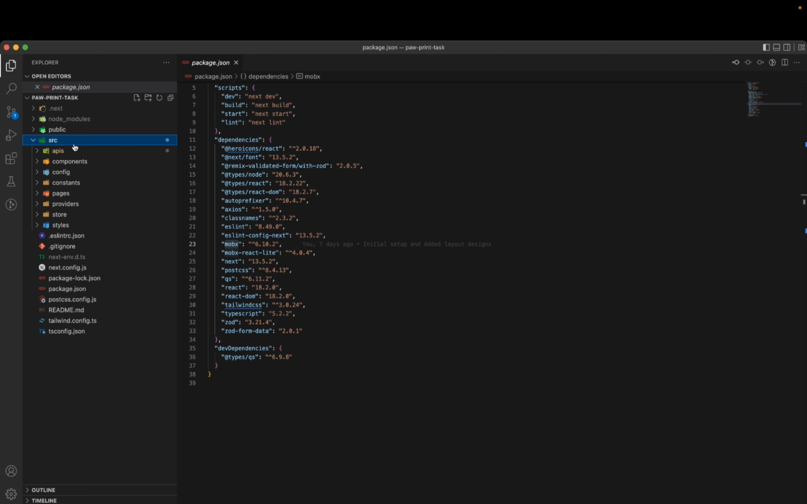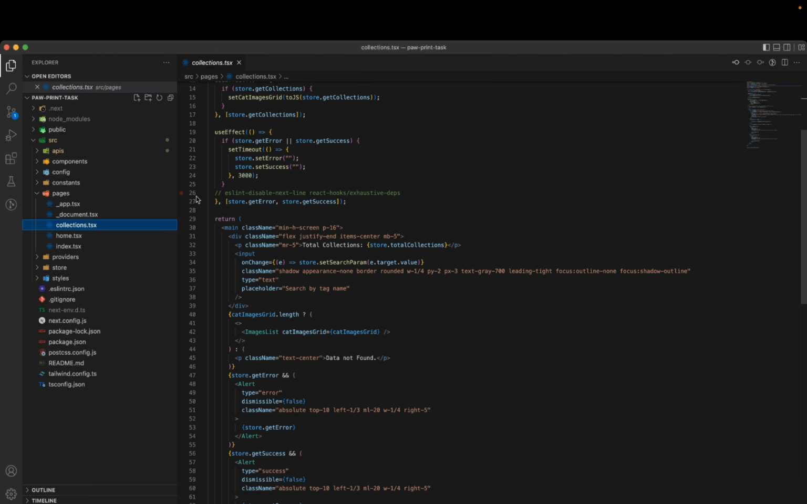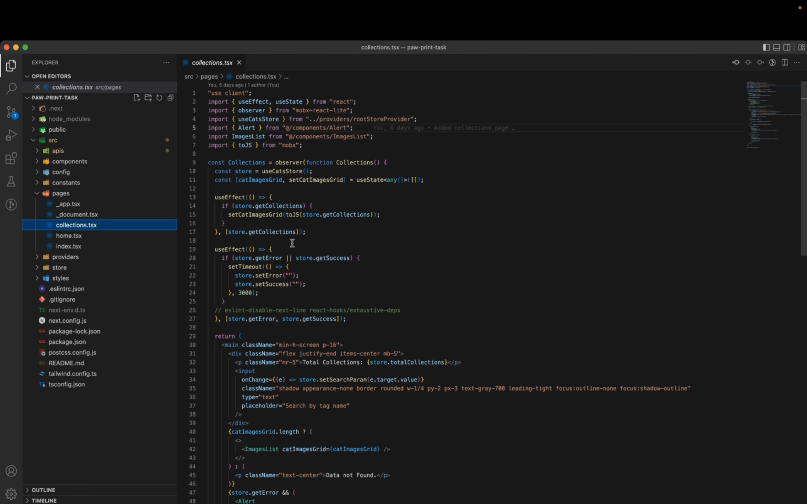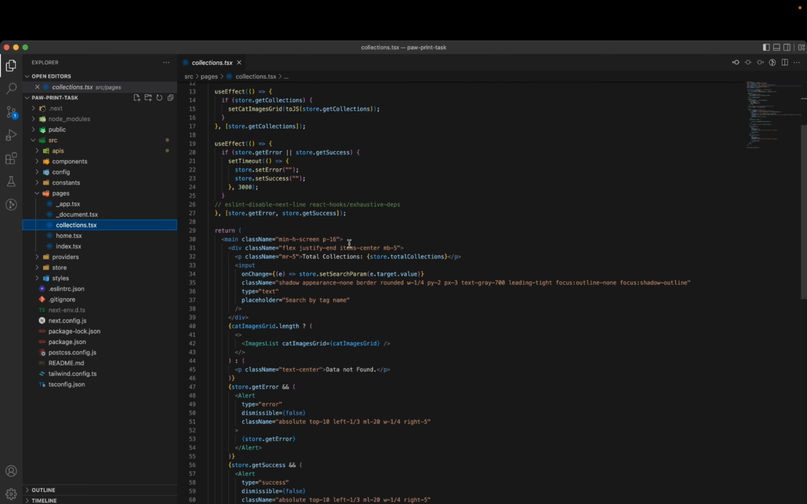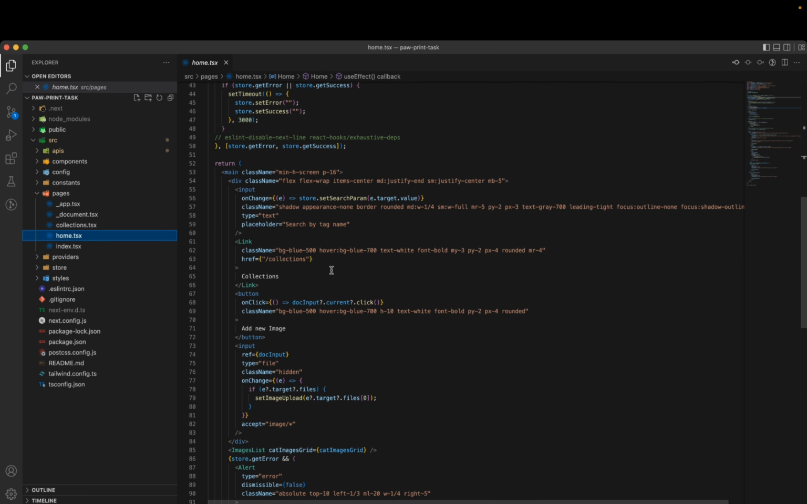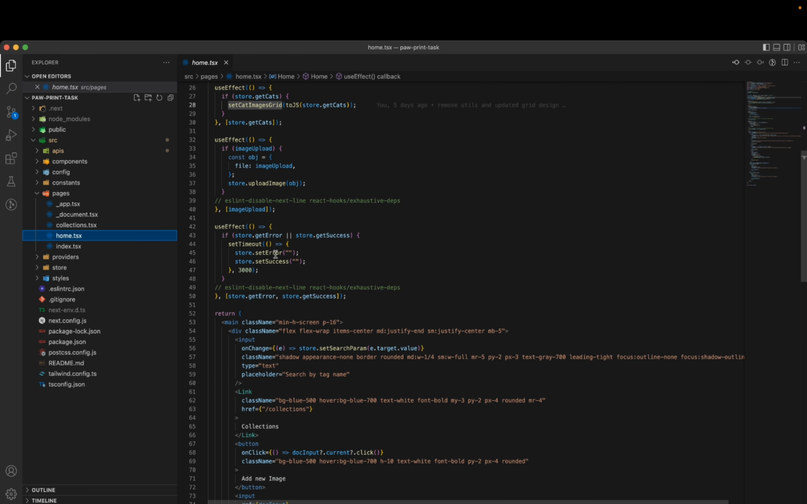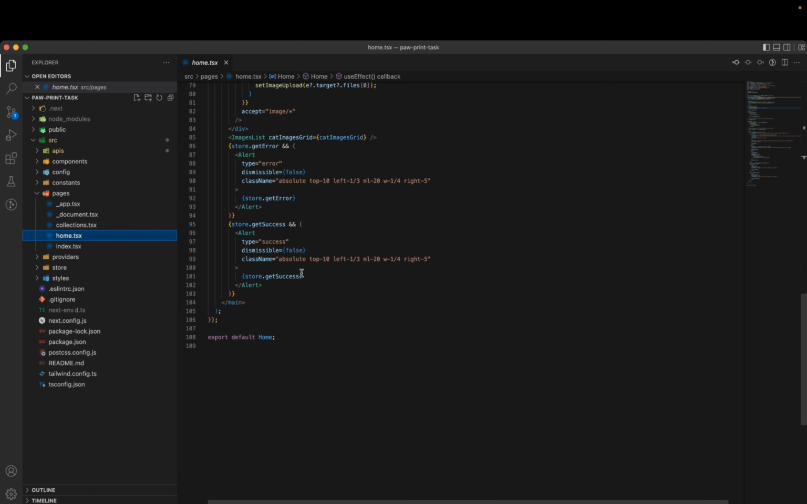Inside the source folder, you can see I created different folders for different purposes. First, I will open my pages folder, and you can see I created one home.tsx file, and one for the collections file. The collections file is basically where the user's saved images go into the collection. So if the user wants to see our collections, that is the route where the user can see them. And home.tsx is the main page file. The user can see the first UI,